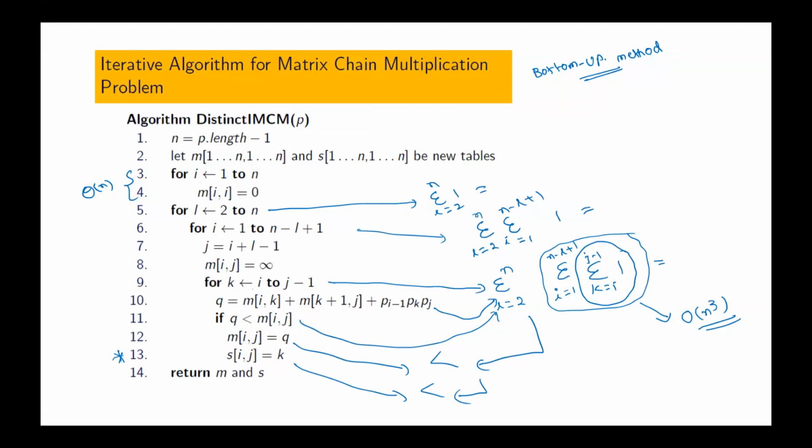I simply showed that some algorithm exists like this, which is the bottom-up method. Still, it takes n cubed time. The top-down method also takes n cubed time. Okay. Now we will actually see